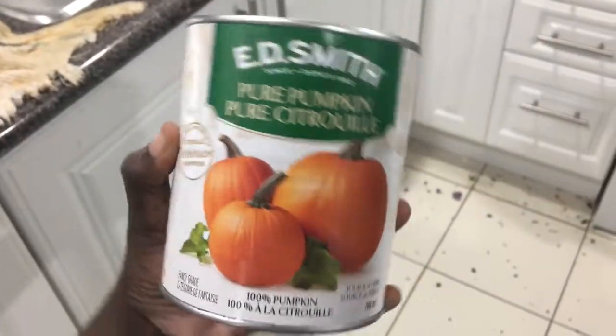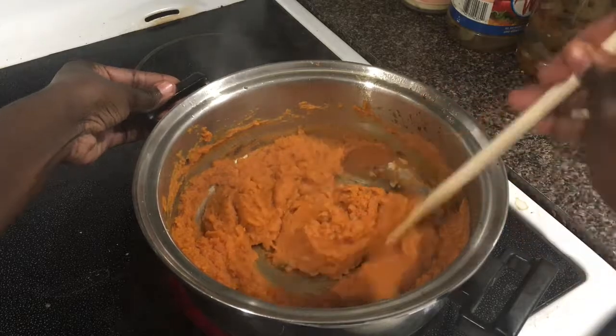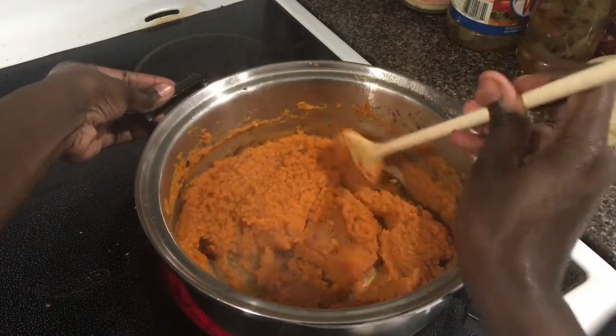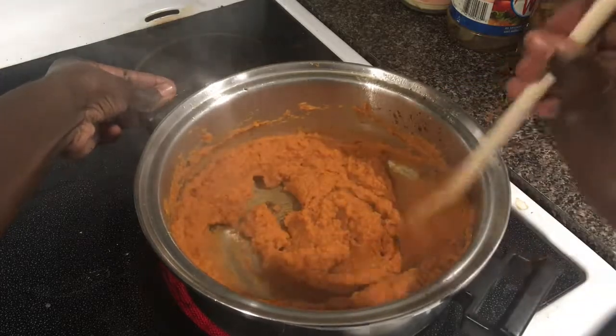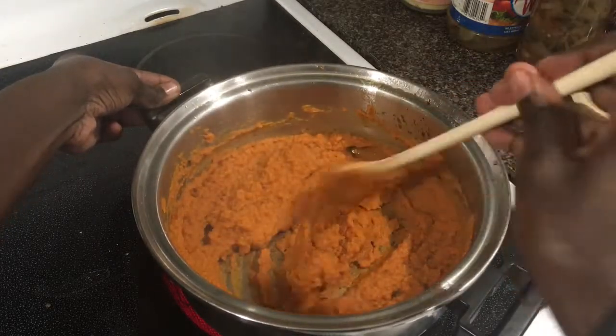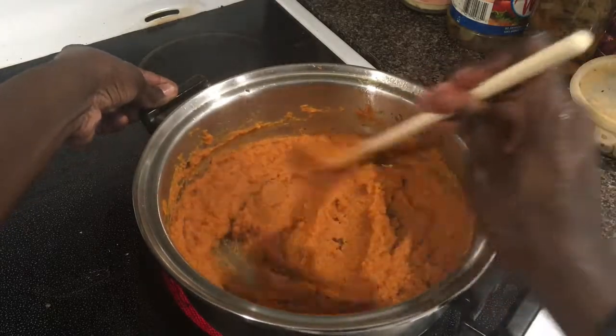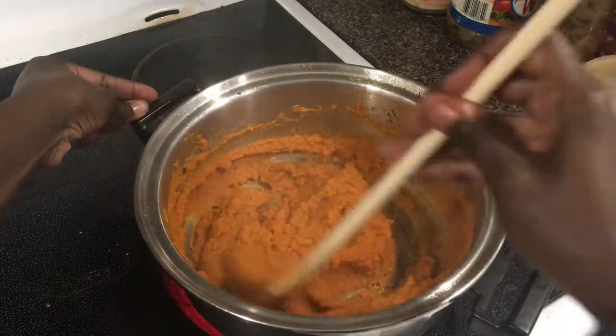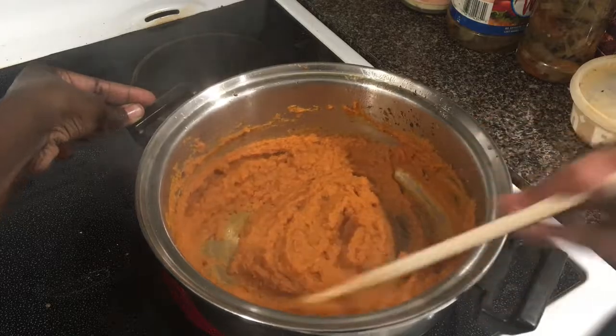In the meantime, we are going to be reducing some pumpkin puree in the pot. And yes, the same one as before. Remember when I told you that I really don't like to wash dishes and that I'm too lazy to do so? Anyways, we are going to add 2 cups or about 15 ounces of pumpkin puree to the saucepan